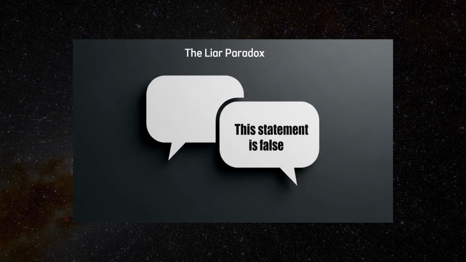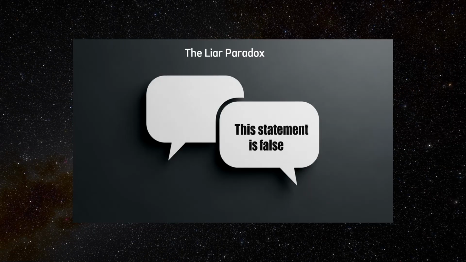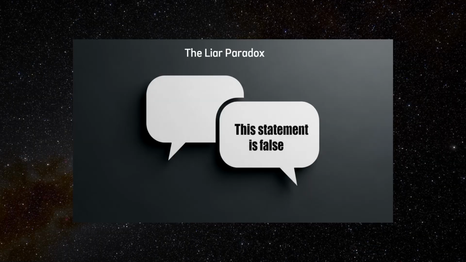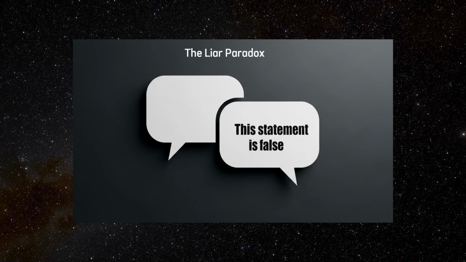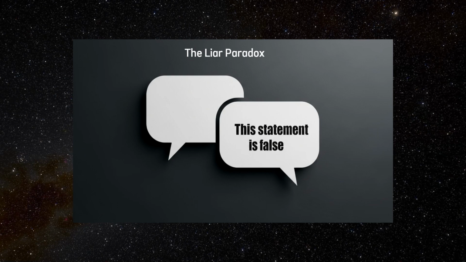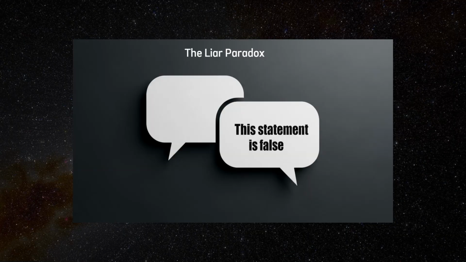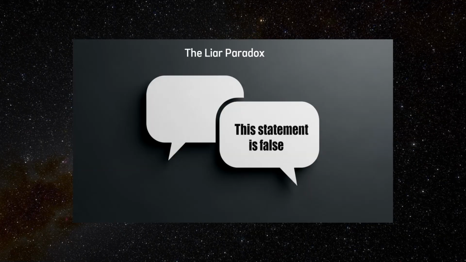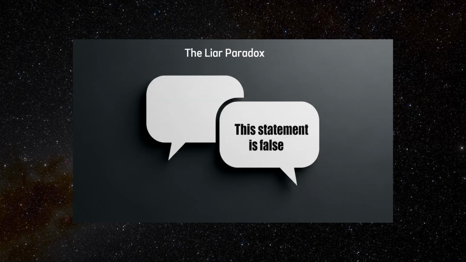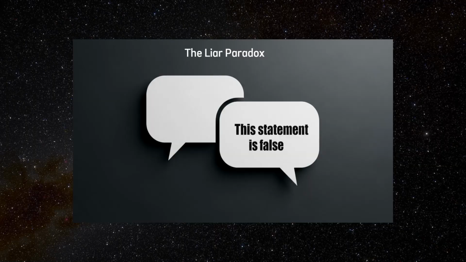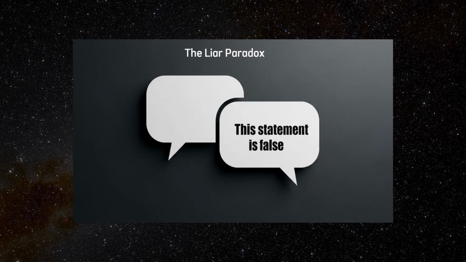To see the paradox in action, one must attempt to evaluate the truth value of the statement. If the statement, "This statement is false," is true, then what it asserts must hold, namely, that it is false. But if it is false, and yet we assumed it was true, we reach a contradiction. On the other hand, if the statement is false, then what it asserts is not the case. In other words, the statement is not false, which would mean it is true.